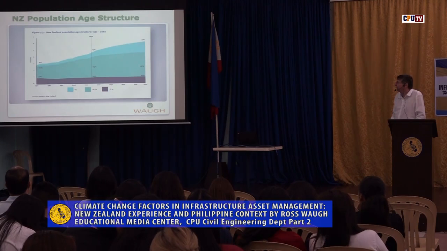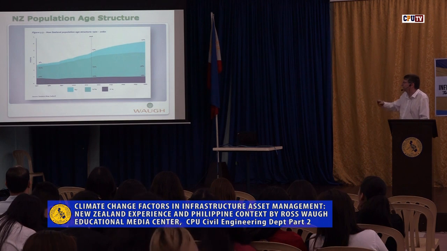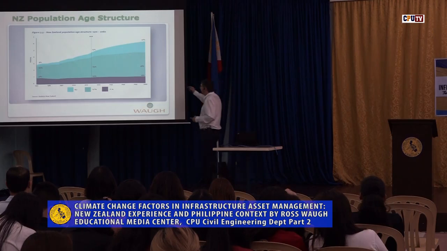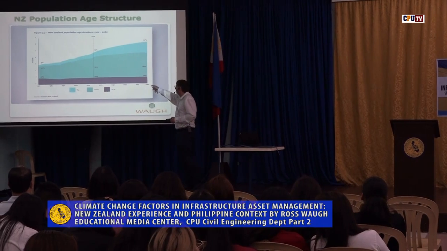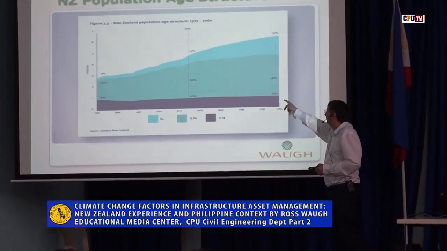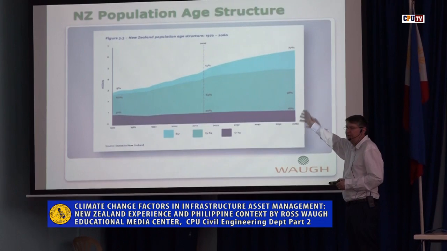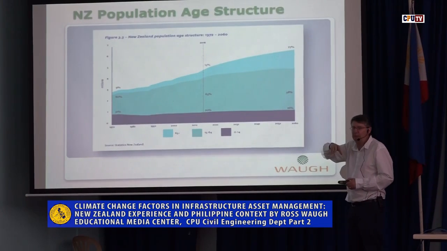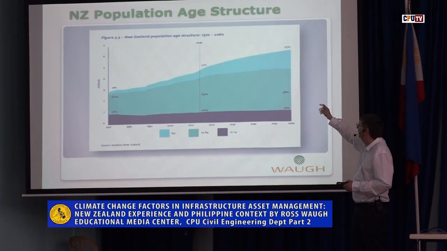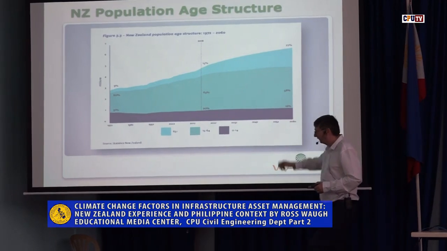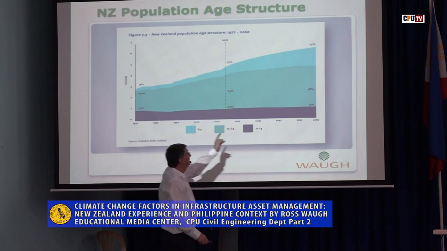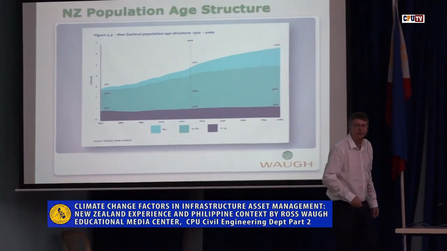This is New Zealand's age population structure. Interesting thing, 2 main points here. We've got the number of children in New Zealand, so that's 1970, this is 2060 projection. Back there, 30% of the population was children, here 16%, but the same number. So we still need the same number of schools, but just not the same percentage. Our working age population is just trucking through. The elderly is the really big thing. So back here, 5 or 6% back in 1970, 27% by the time we get to 2060.